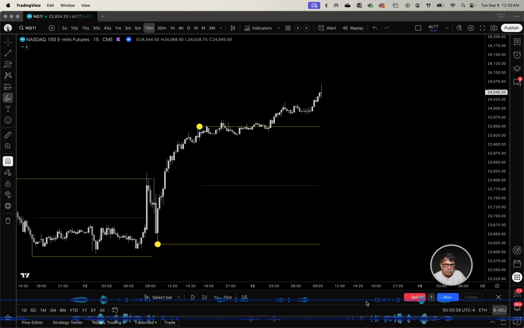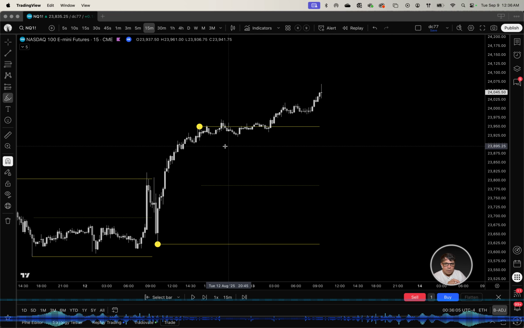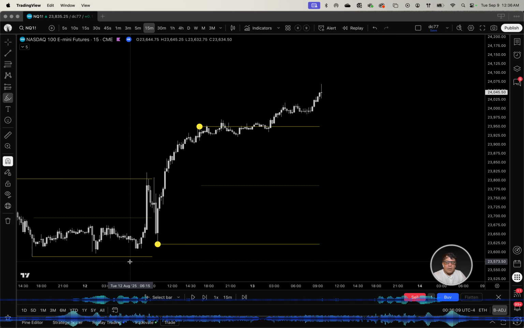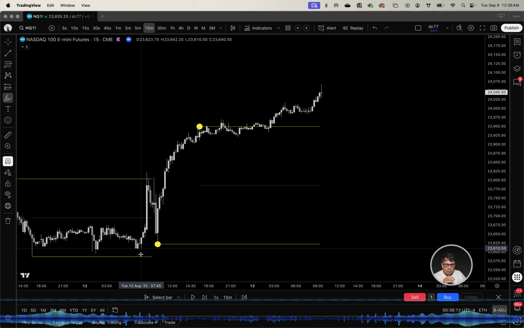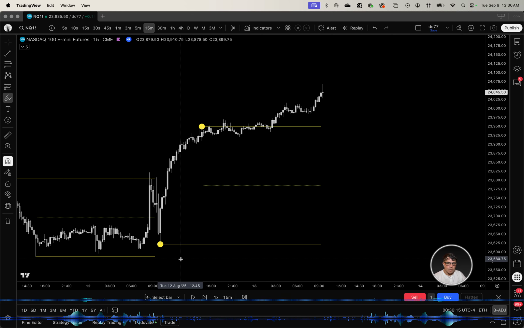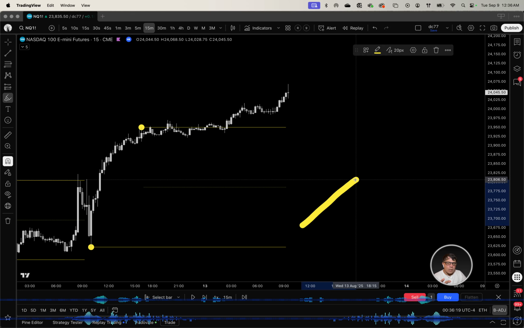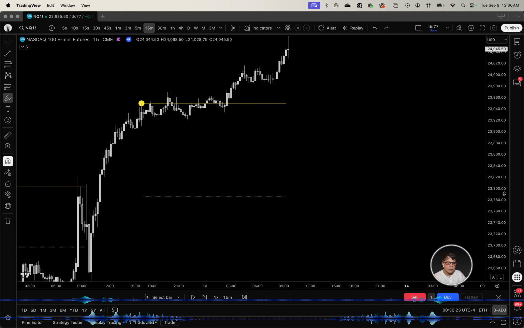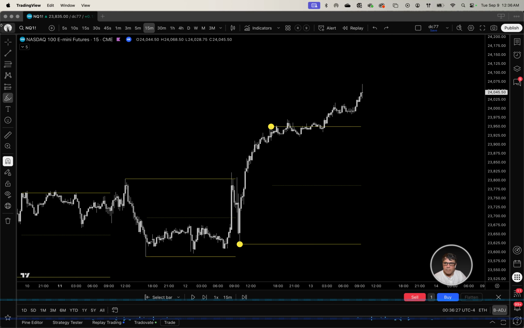This is where it gets a little bit tricky. You'll notice that there's a high made in Asia, which is the next trading day, regardless. But there is a low that was made earlier in the day, but it wasn't made during New York. Those things are hard to articulate, but before we're finished here, I think you're going to understand what I'm talking about and why I'm saying the things I'm saying.